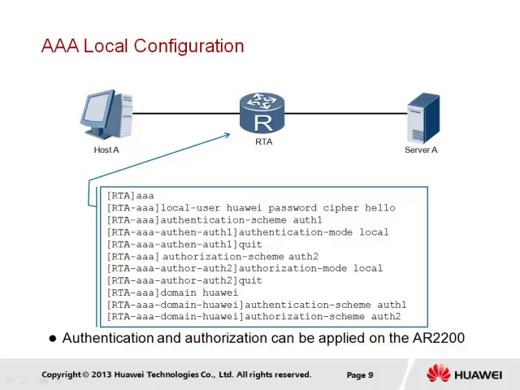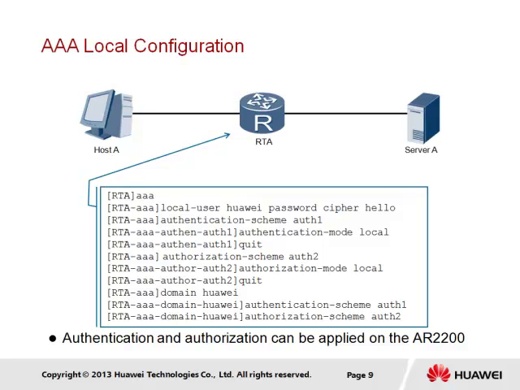To support each group of users, an authentication and authorization scheme must be created. Here we can see the authentication scheme has been named Auth1 and the authorization scheme referred to as Auth2. In both cases, authentication and authorization has been set to use a mode of local, meaning that authentication and subsequent authorization of users will be performed by the network access server, which in this case is RTA, rather than through